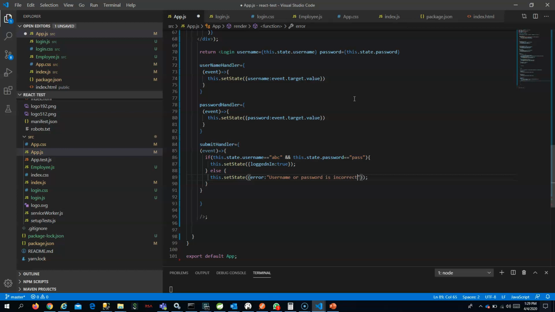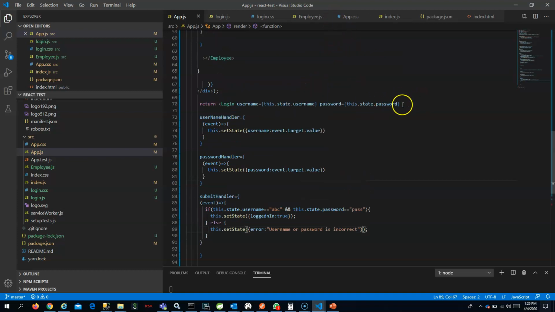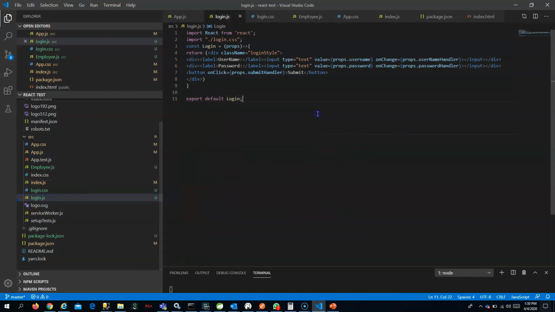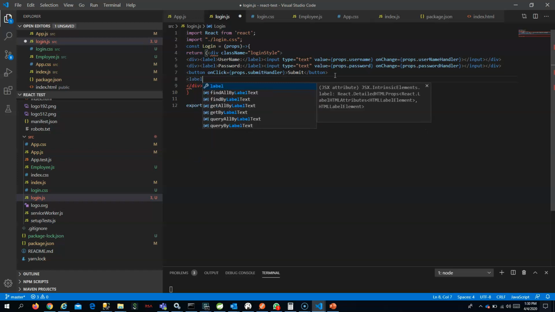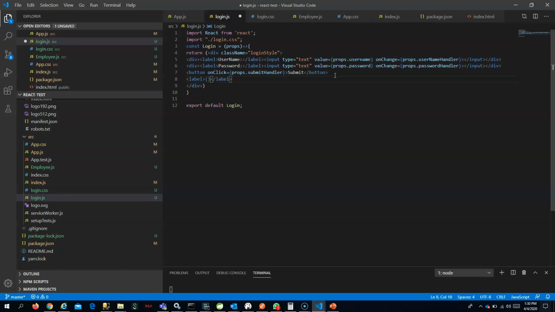Okay. This also need to be sent to the login page through props. So let me add a error also here, equal to this dot state dot error. Okay, this can be taken from the login.js. So let me add a label, and here I will put props dot error. Okay,